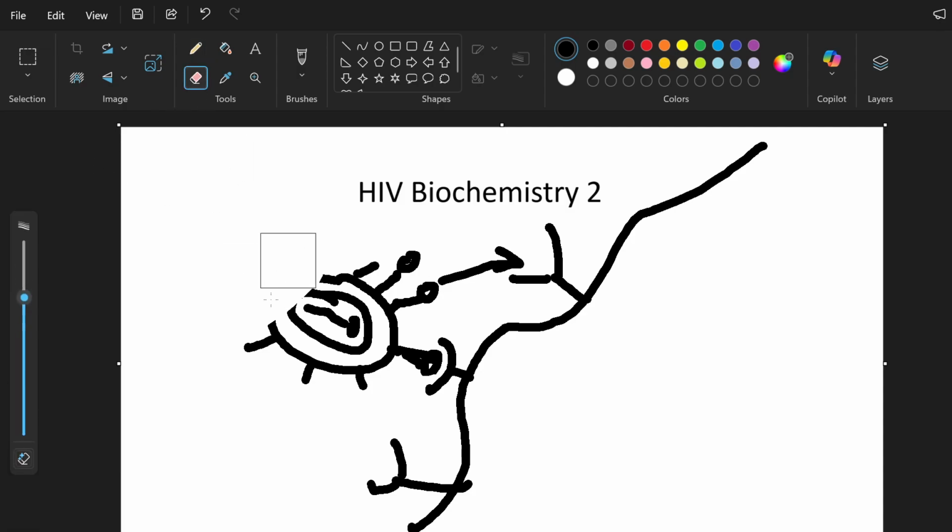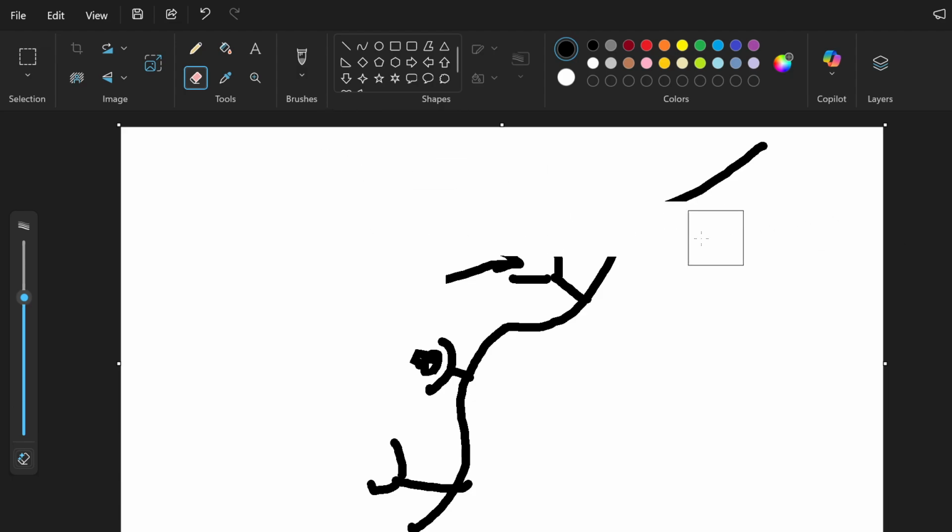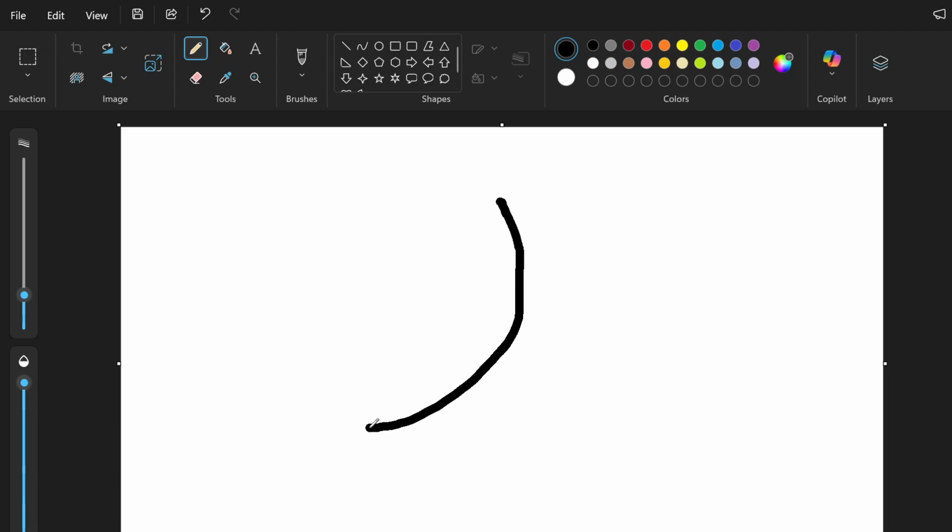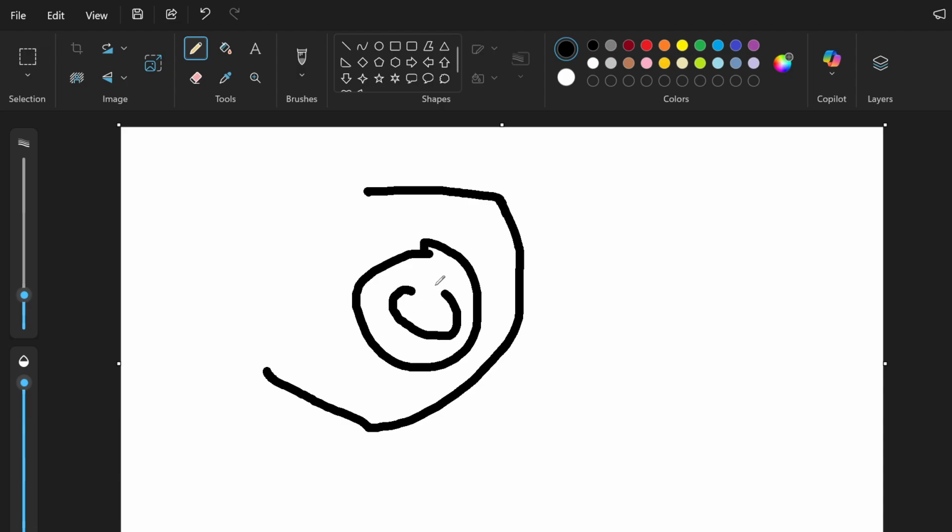You're now going to have a little pocket where the HIV is pulled in. So viral load here, with little receptors bound to it. Pulls this in,